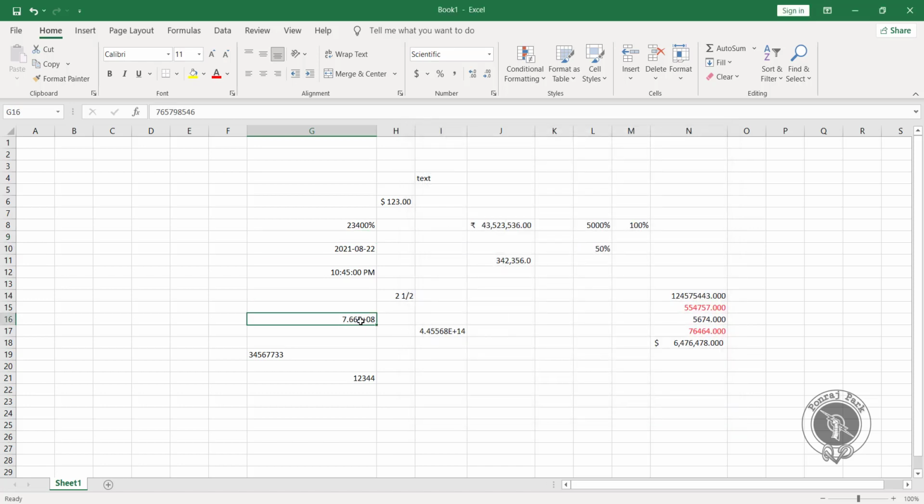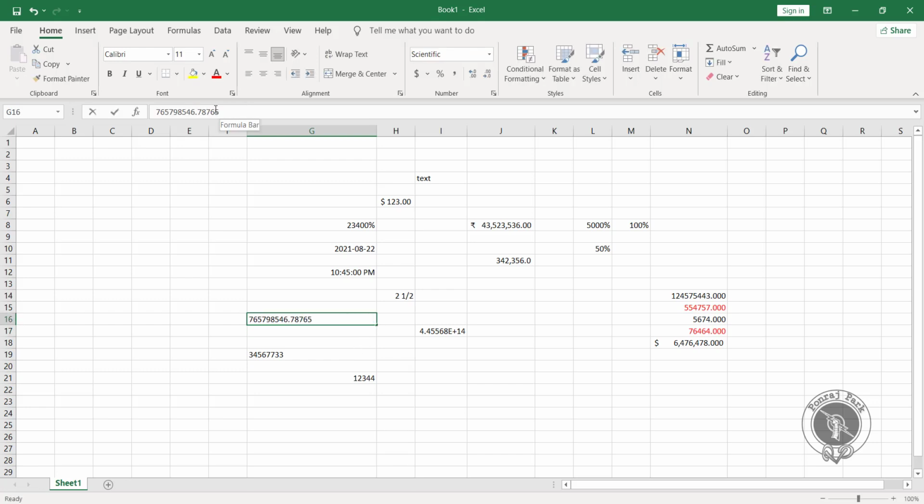As you can see, I have this number present here, 7659798546. What I'll do is after the decimal as well, I'll enter some number. So after the decimal I have 5 digits.